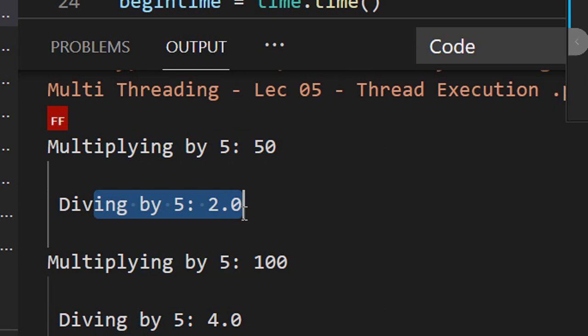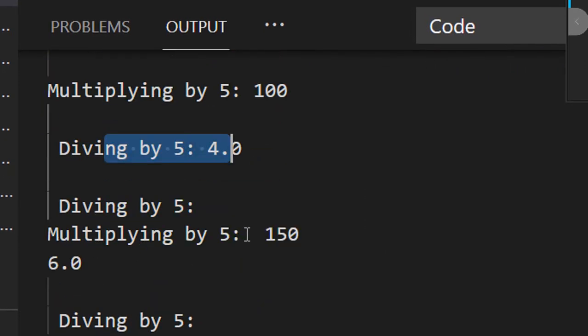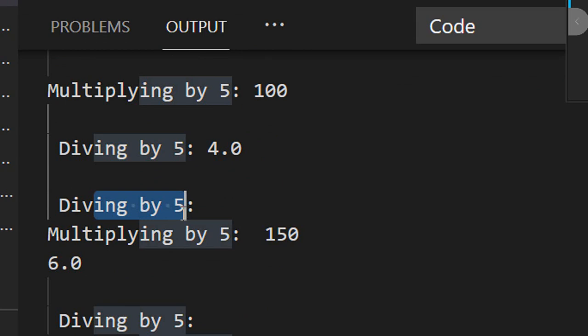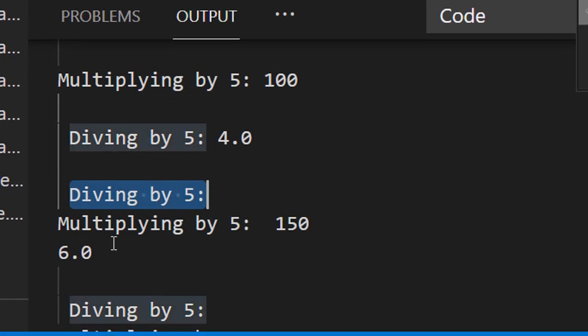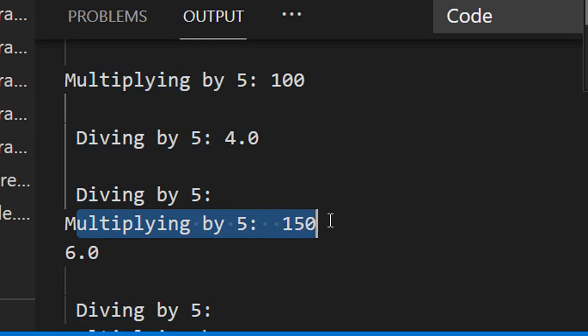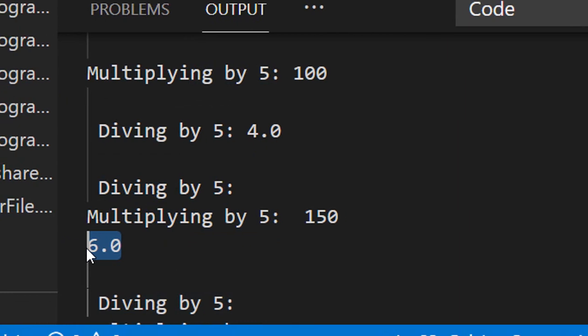We can actually write an addition function that can do addition in the memory, right? So now you can see multiplying by 5, then dividing by 2, and now you can see, as I told you, the processes are executing so fast in the memory that when you divide by 5, before dividing by 5, the multiplication has executed its own result, right? And for dividing by 5, the result has come at this particular point. So this happens when threading, because both the processes are running simultaneously in the memory. It is not getting serialized, right?